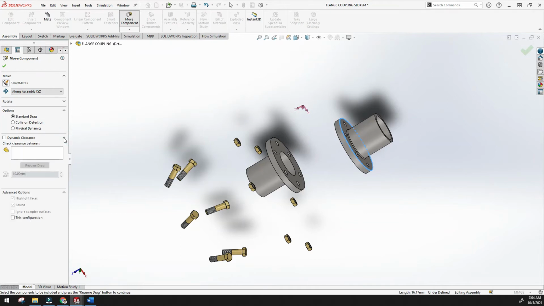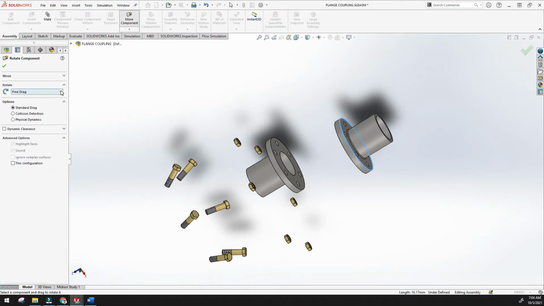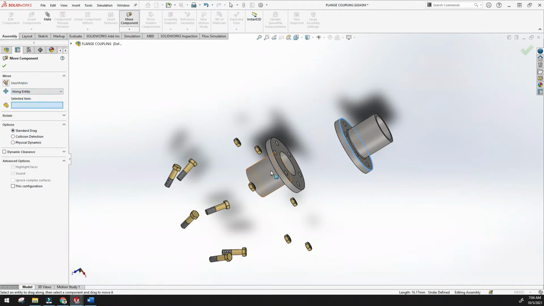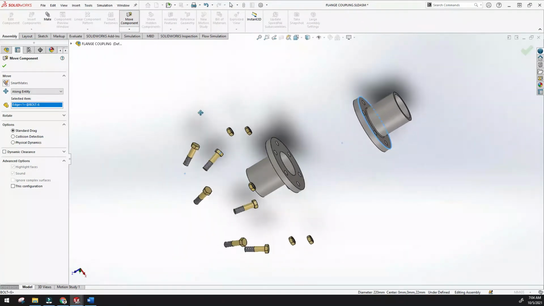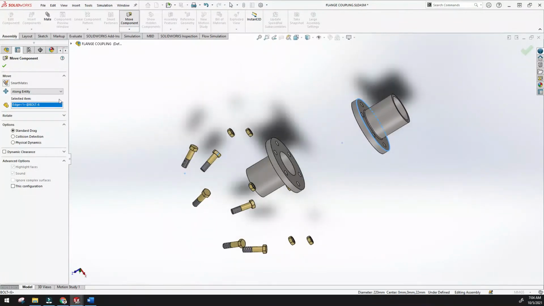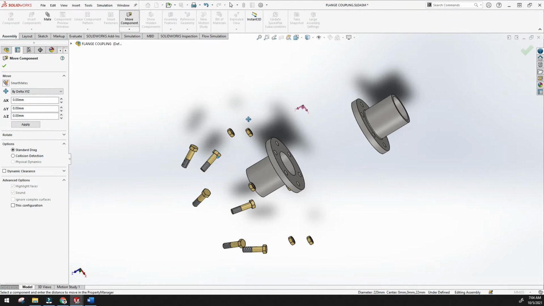And dynamic clearance, there are some different options. The remaining one is along entity. Once you click along entity, it will move like this. Once you go here and try to move, you can understand the meaning.